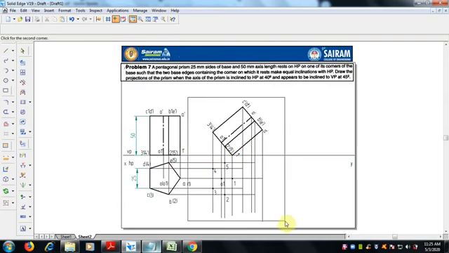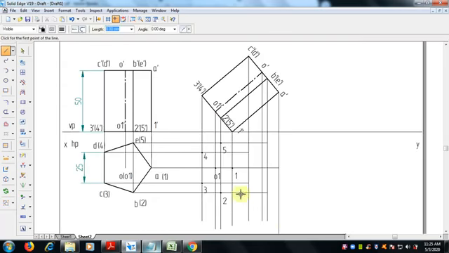So zoom in here. To avoid confusion, as I said, we can mention the names or make the points first, because if any mistake is here, the remaining solution will be wrong. So here A dash, B where it comes, B is coming here, C. So make points of 2 mm thickness for visibility.